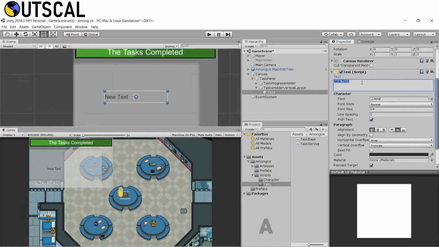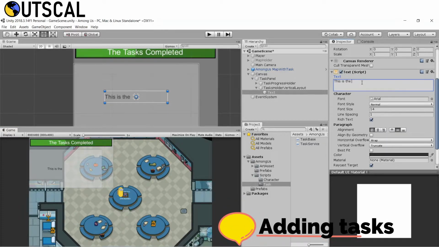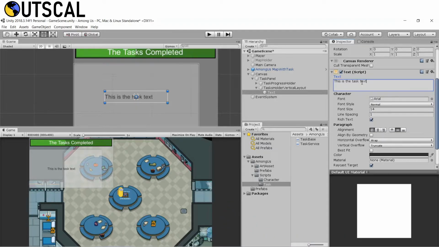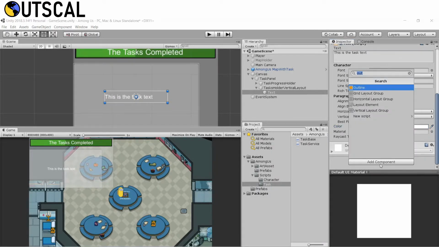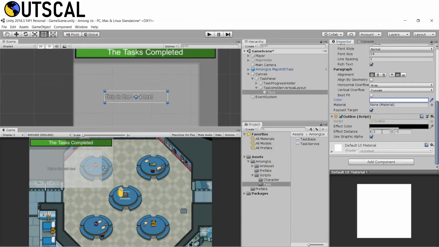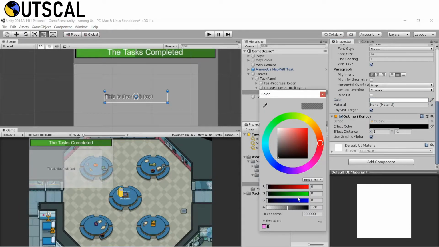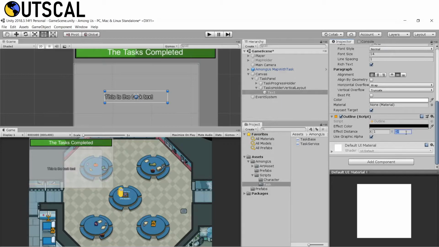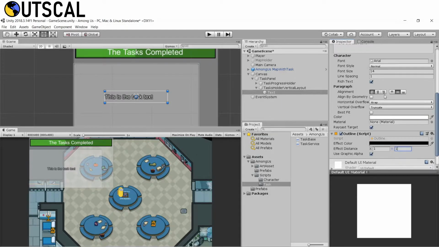I will call this the task text. We'll make it white. Then we will add some outline, a black outline. Let it be 1 by 1. And we need to maybe make sure the font size is bigger, so let's make it 18.